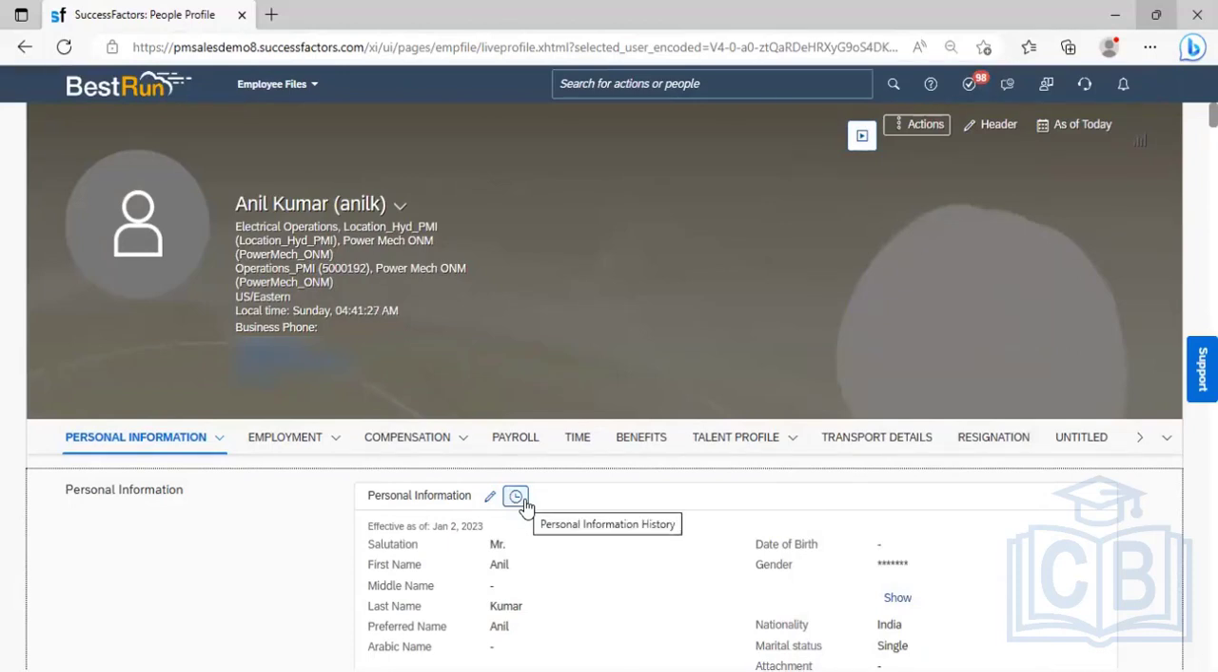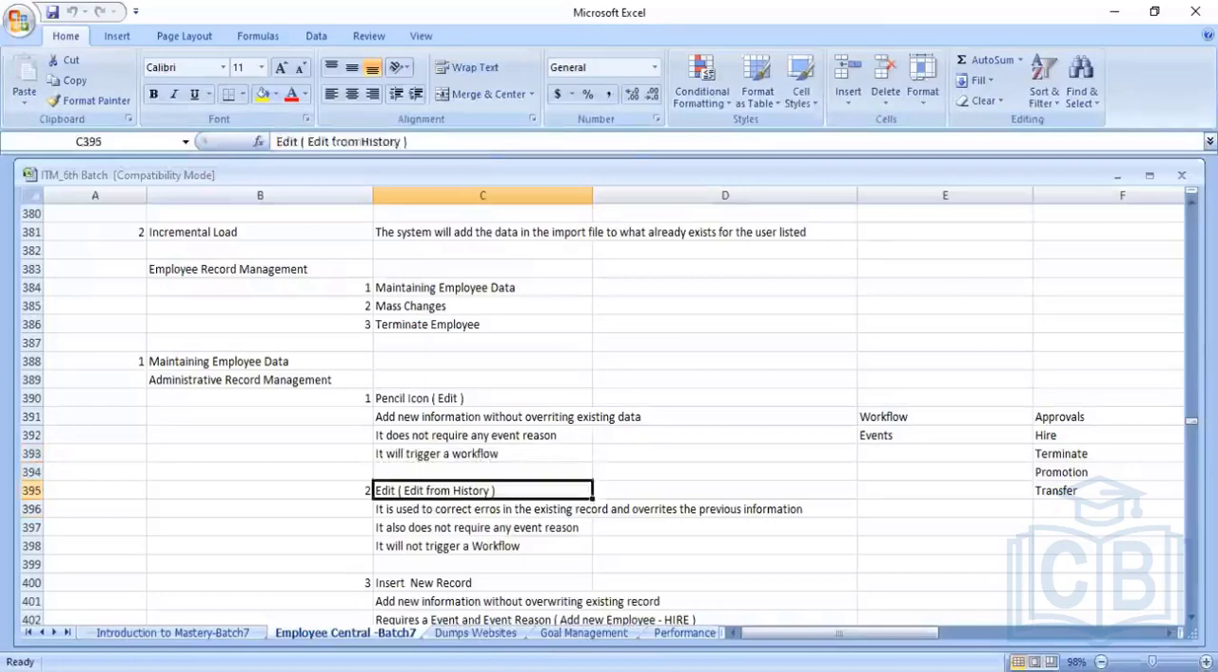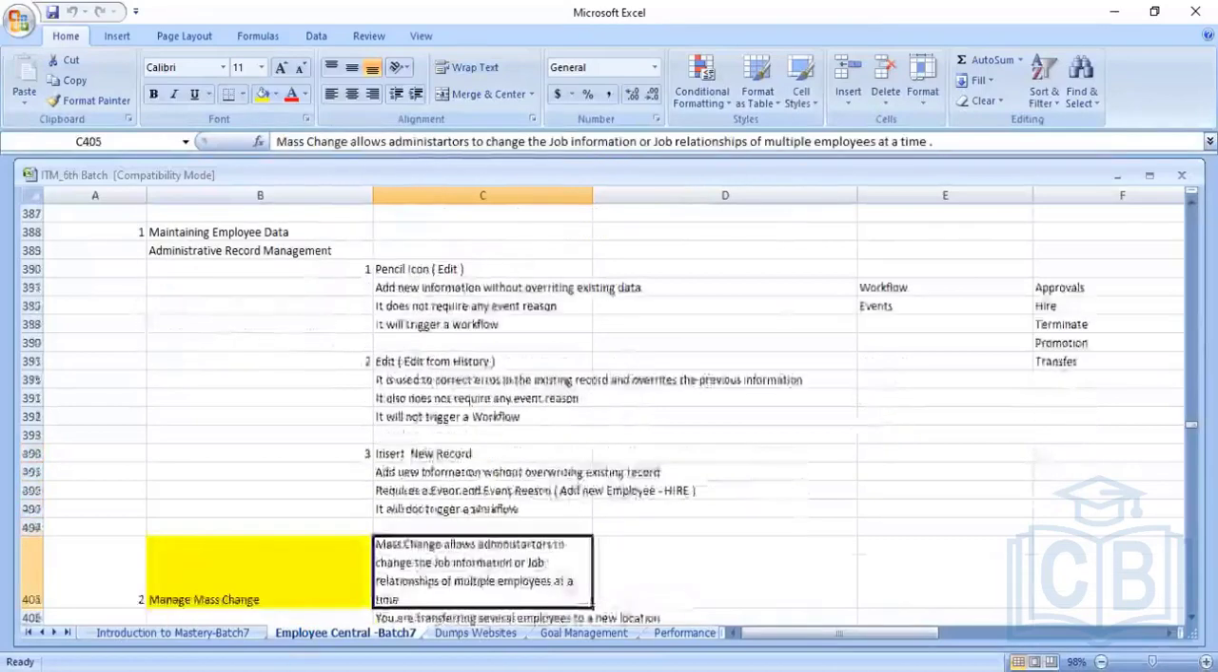Or else, if you are making some changes, you can perform them from import files, that is, import employee data. We have seen import employee data, where various files are there. So when I go back into my Excel, edit from history and insert new record, if you go and see here,